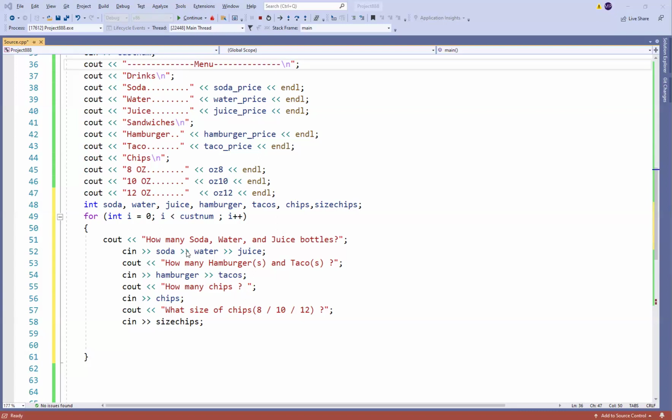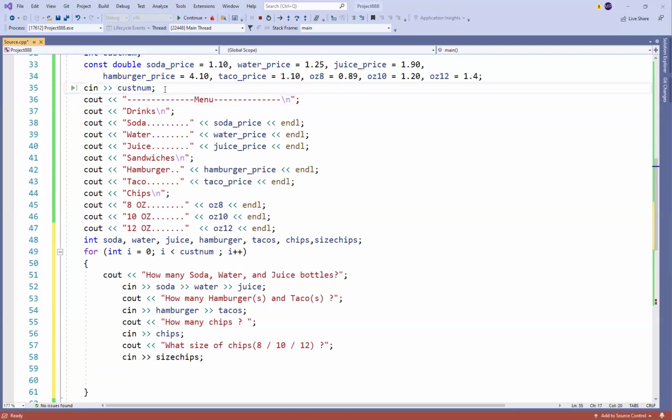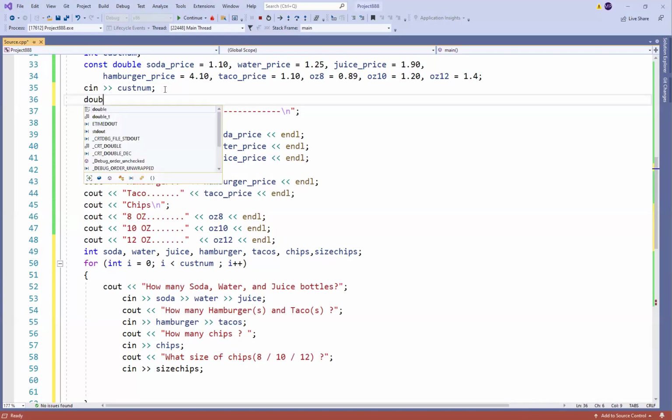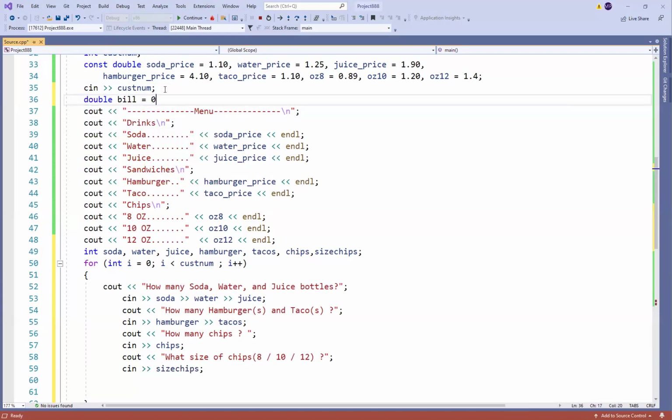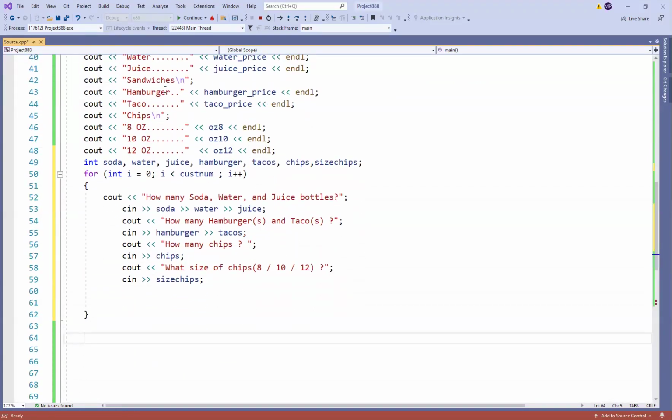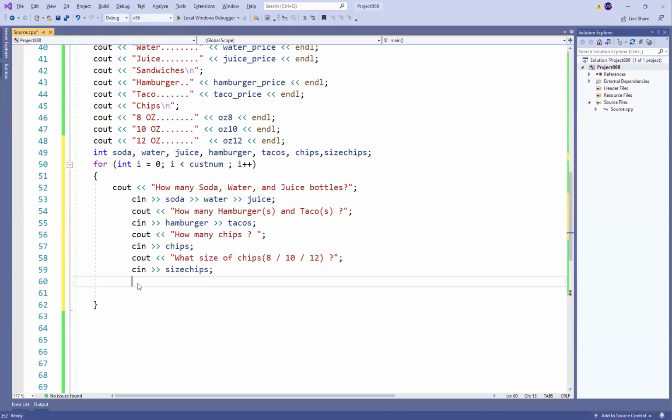Let's define a double bill. We say double bill equal to 0. So we can say if the user puts 2, 1, and 1 for soda, water, and juice, we can say